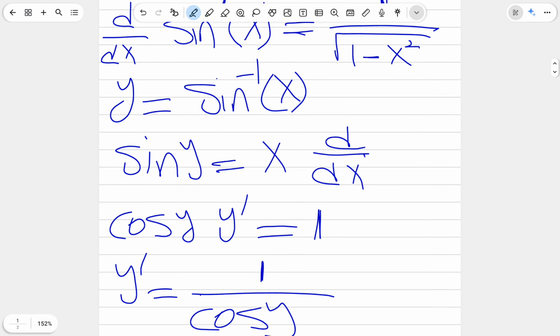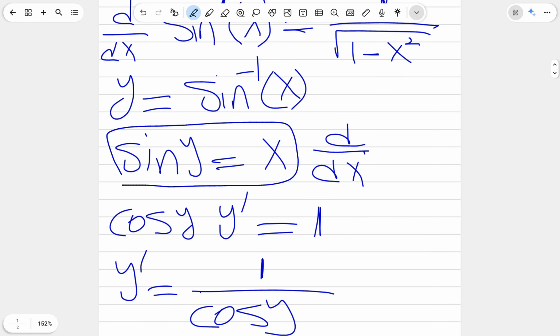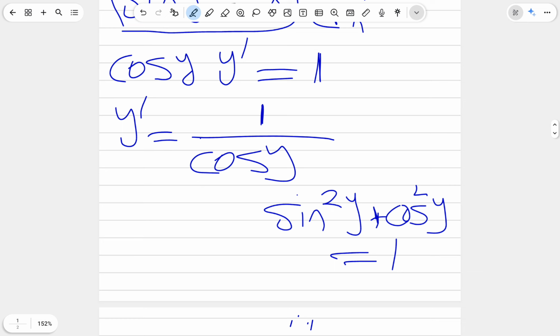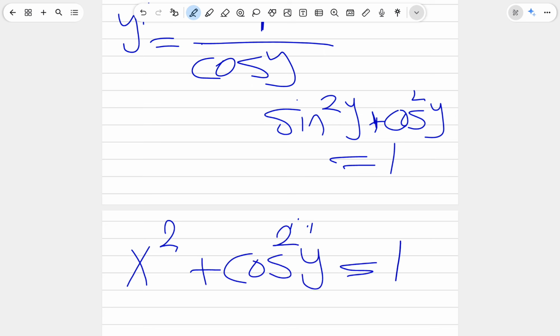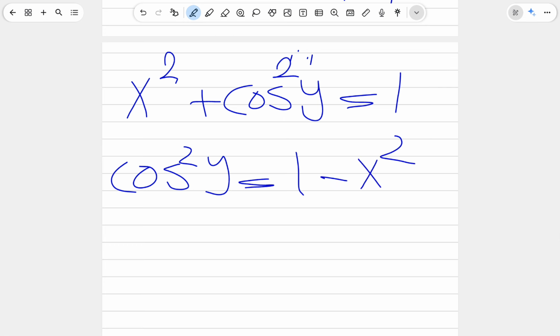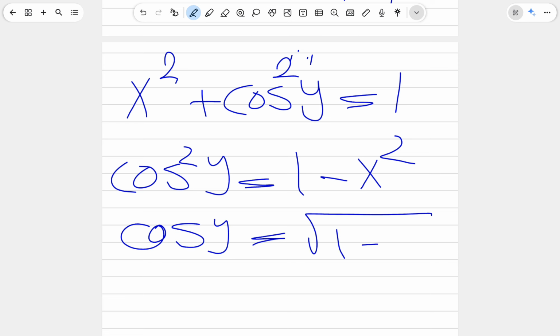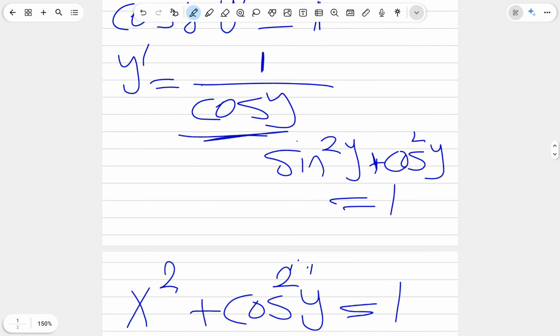So we have here that sine of y equals x. So we will substitute, so it will be x to the power 2 plus cosine squared of y equals 1. So cosine squared of y will equal 1 minus x squared, and so cosine of y equals root 1 minus x squared. We will substitute cosine y in the upper expression, so y dash